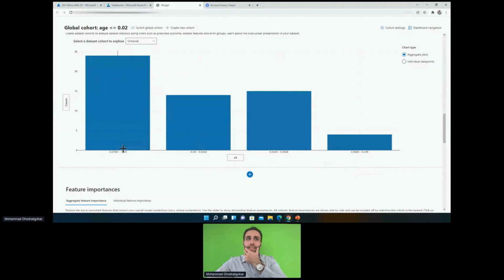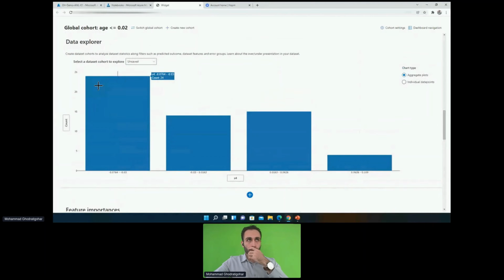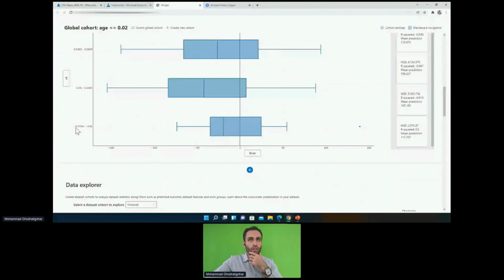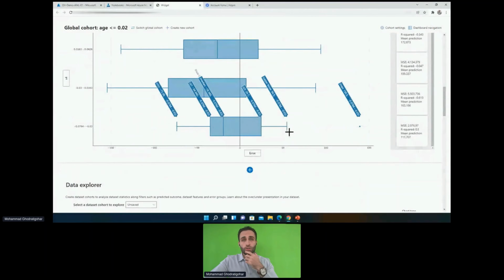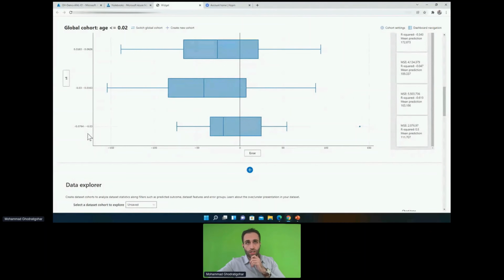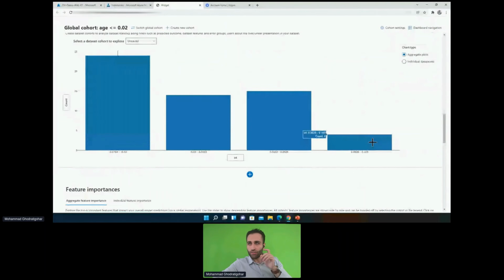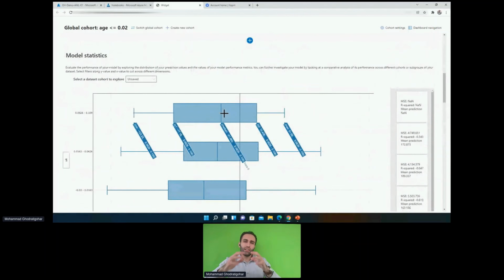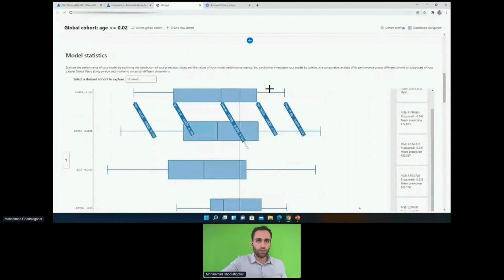I can see for this range of close to level, again, scale values, I have quite a high number compared to the rest of the samples here. And if I check the same range on the top here, which is this one, you can see the interquartile range of errors for this range is more shrunk than the rest. And vice versa, for the last one that I have less value, fewer samples that the model can get an idea from, I have a little bit wider interquartile range.